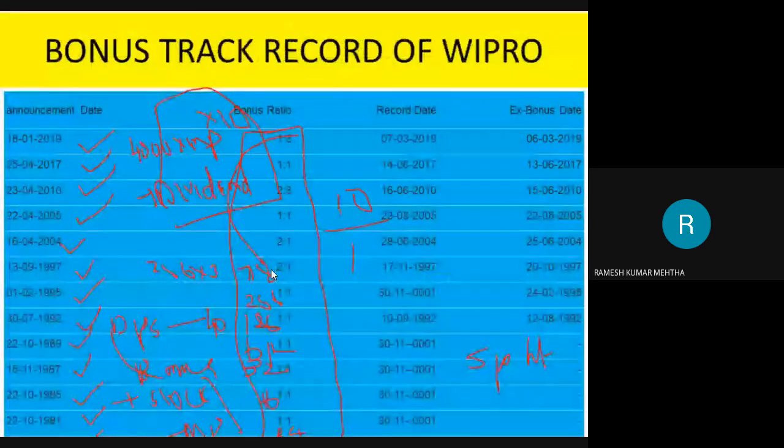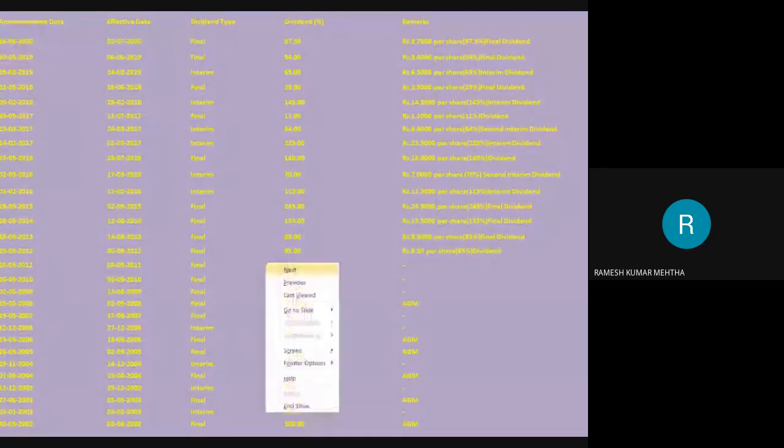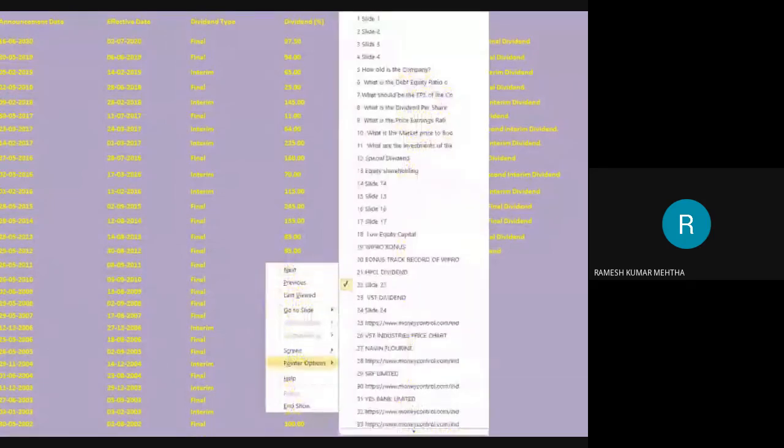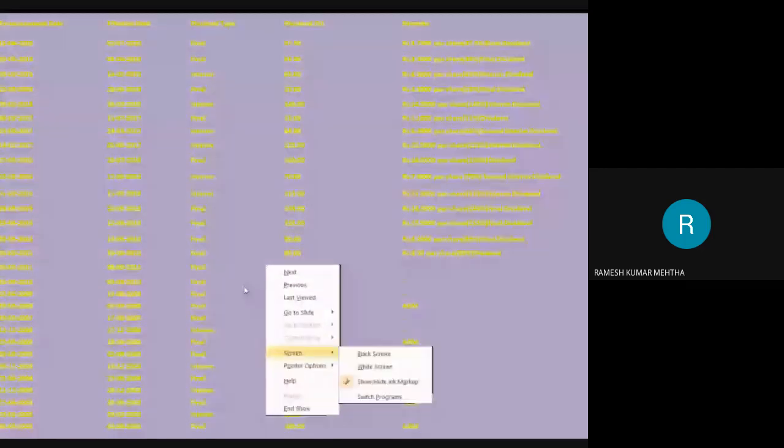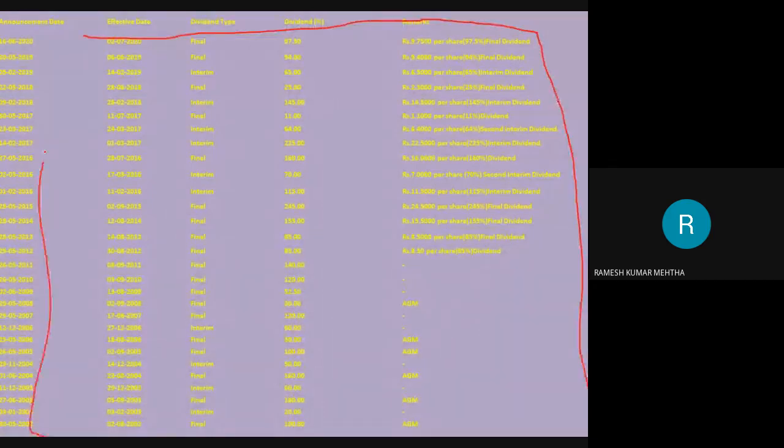So here I'm talking about bonus. Here I'm talking about the company, which is HPCL in example, how they have rewarded the shareholders of the company in the form of dividend. So now the point is that based upon the previous data, you should take a call. If the company's stock is available in the market at a reasonably low price, then based upon the historical data, you can take a call whether to invest in this share or not.